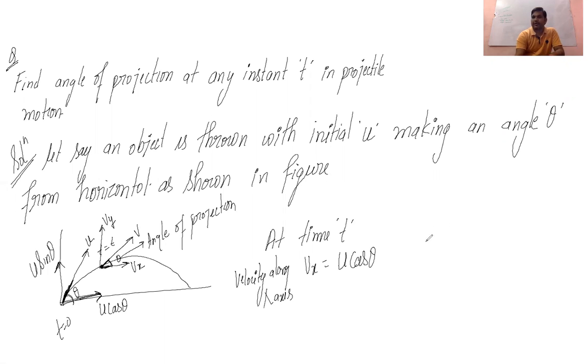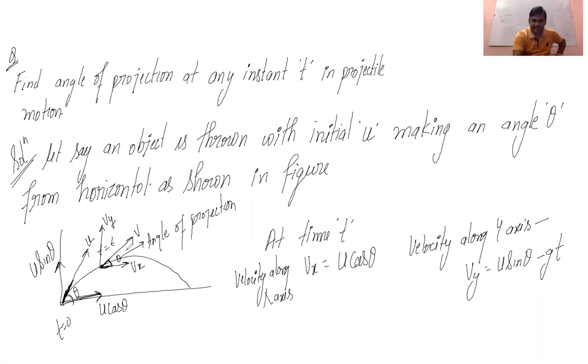So now velocity along y-axis, using first equation of motion, Vy will be u sin theta minus gt. You can see here in this triangle, let's say this is O dash, and this is your A, and this is your B. In triangle OAB,